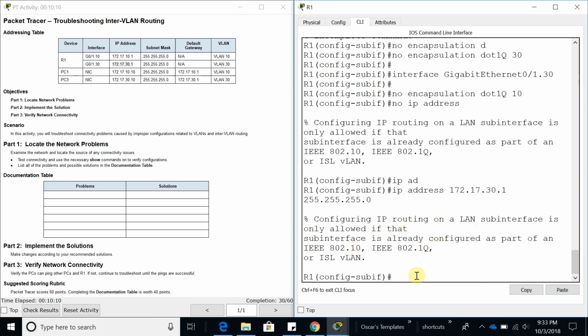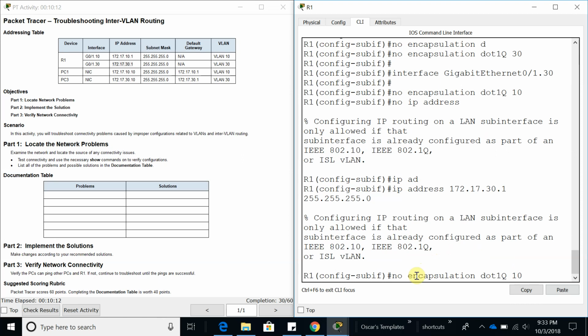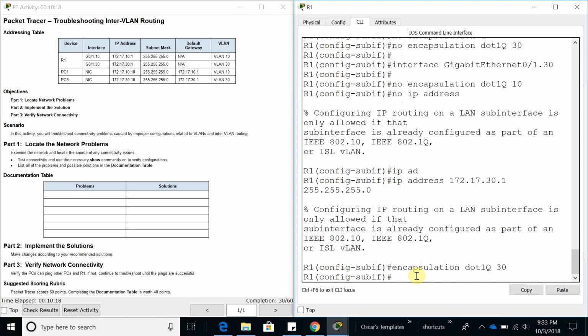And then let's do a no encapsulation, but we're going to encapsulate using 10.q.30. Okay, and now let's go to